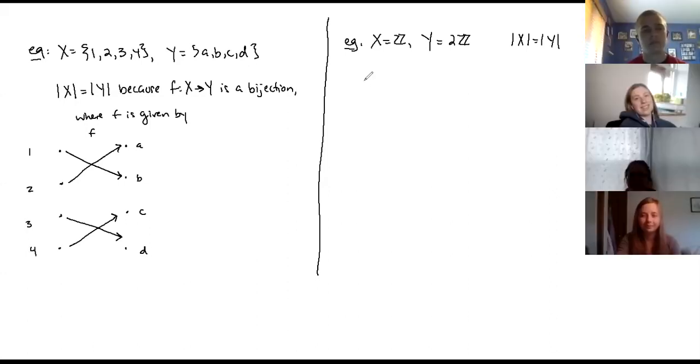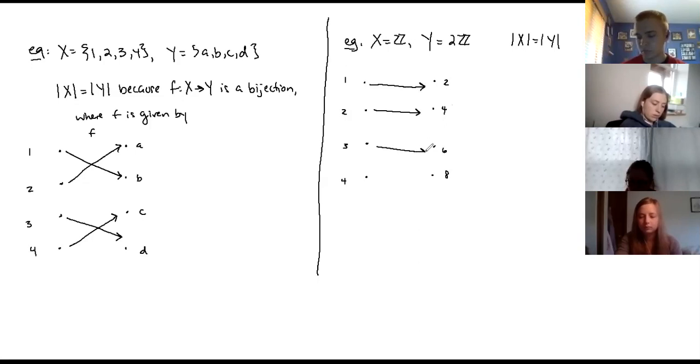So let's draw an arrow diagram to help us try to figure out what my function is going to look like, and then we can come up with a rule. So we've got the integers over here, 1, 2, 3, 4. We've got the even integers over here, 2, 4, 6, 8, right? This is not an exhaustive arrow diagram. I can't get all of them in here. But what seems to make the most sense is just go straight across. 1 goes to 2, 2 goes to 4, 3 goes to 6, 4 goes to 8, etc., right? This is not a proof. This is the scratch work before I do a proof, to try to come up with my function f